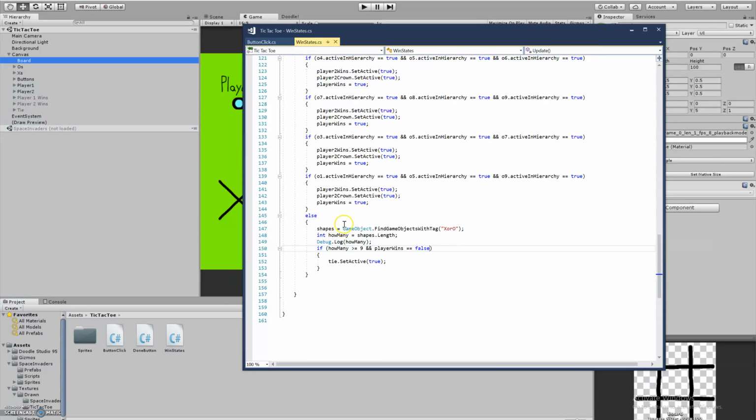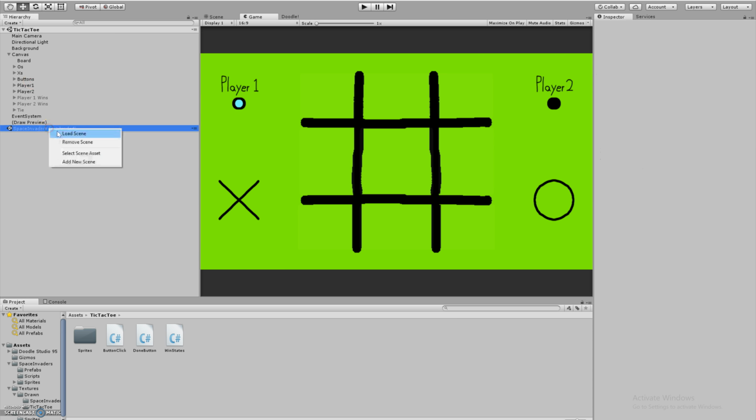And then down here we have it checking for ties. So pretty much I have an array of checking the game objects with the tag X or O, and it's constantly counting the amount on screen, and if the amount on screen gets to be 9 and the player still hasn't won yet because player win hasn't been set to true, then we know it's a tie, and it sends right over to that. And pretty much that's everything that I have for Tic Tac Toe, so we will move on over to Space